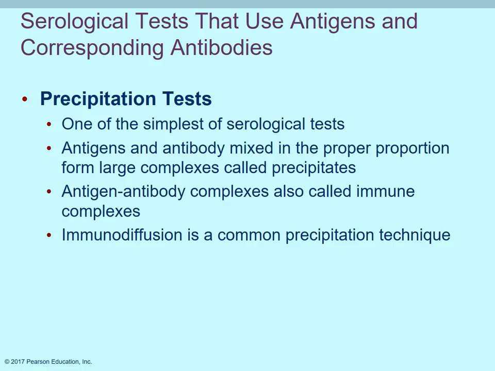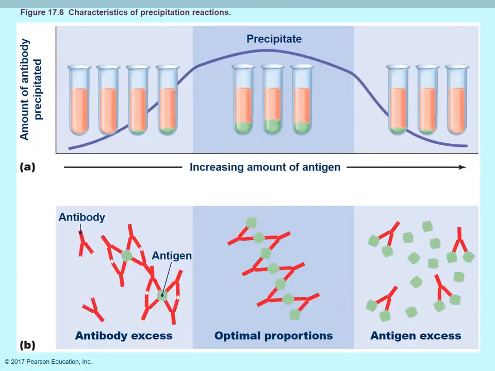One of the simplest is a precipitation test, and that's where you're going to mix the antigen and antibody, and if they're in a certain proportion, they will precipitate out, and you can see this. Immunodiffusion is a precipitation test. So this just shows that if you have antibody excess or antigen excess, you won't get any type of precipitation. But if you have those two components in the right proportion, the right ratio, then you do see this precipitate form, and you can visually see that either on a plate or